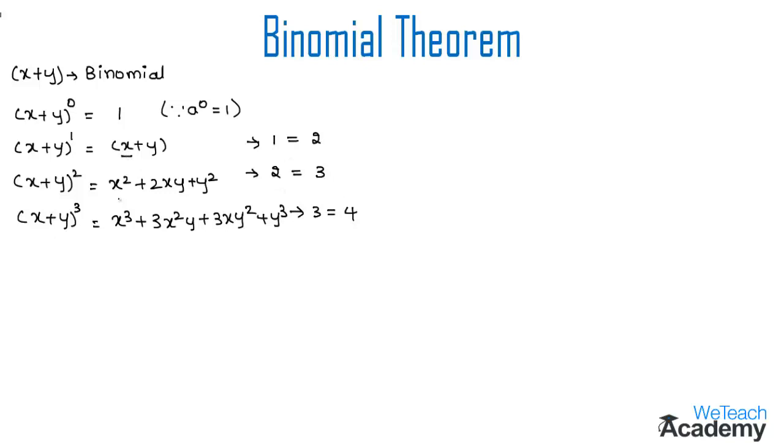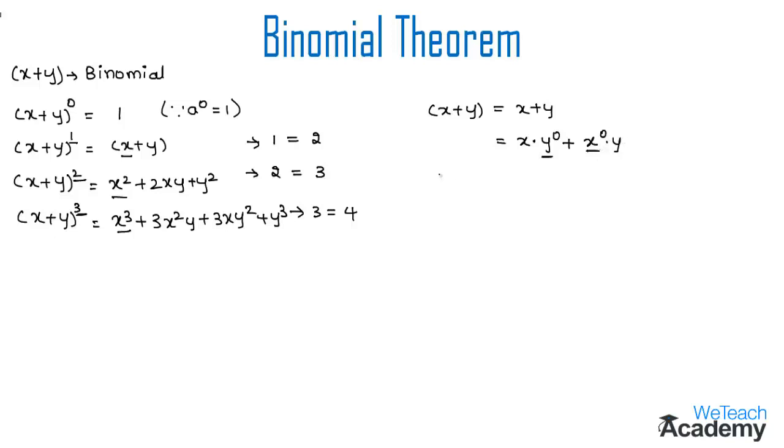We also observe that the exponent of the first term in the expansion is the same as the exponent of the binomial. We know that the expansion for x plus y whole power 1 is x plus y. That implies here x into y power 0 plus x power 0 into y. So coming to the RHS, here we observe that in the first term there is no y term, so the power of y would be 0. And coming to the second term, as we don't have an x term, the power of x would be 0, that is x power 0.